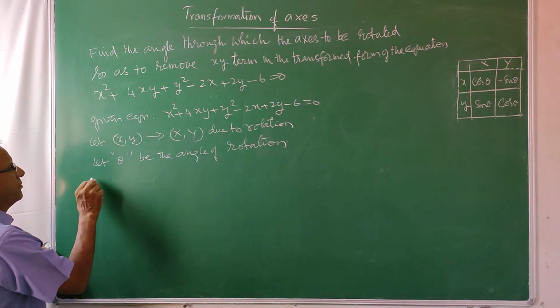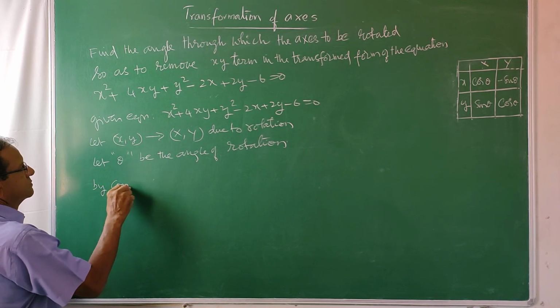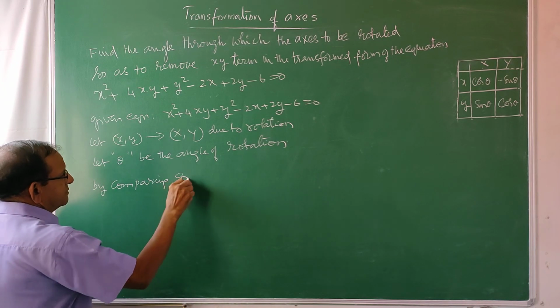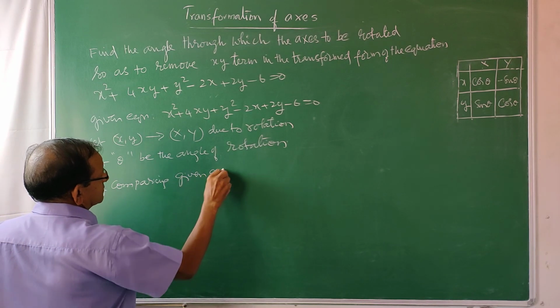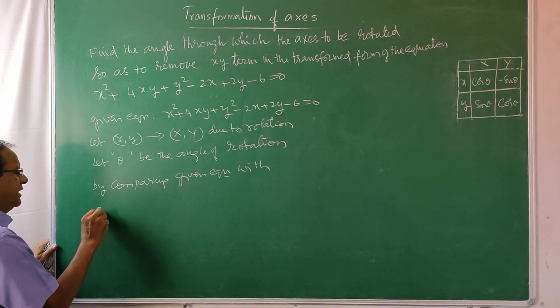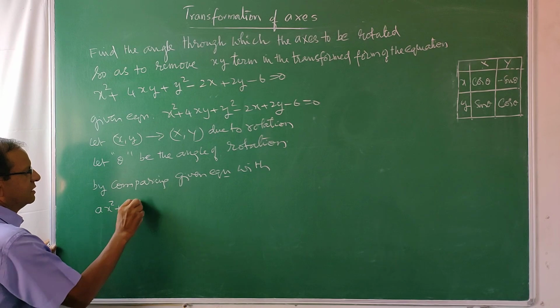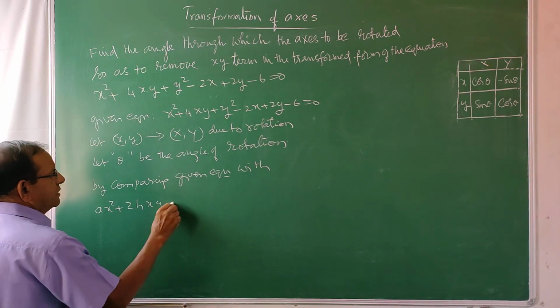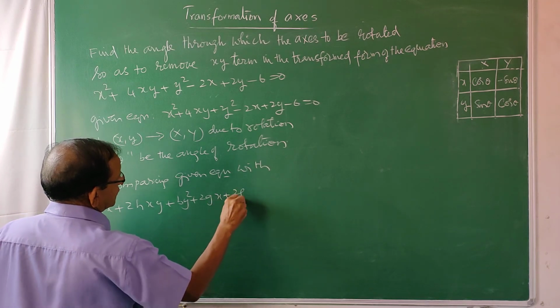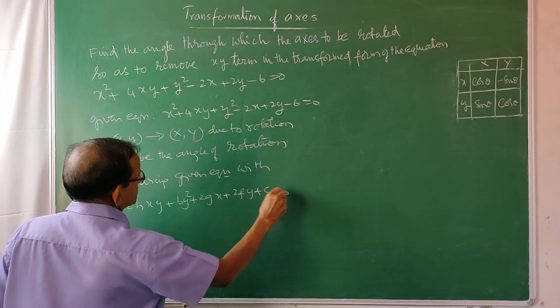Here, by comparing the given equation with ax square plus 2hxy plus by square plus 2gx plus 2fy plus c is equal to 0, we get